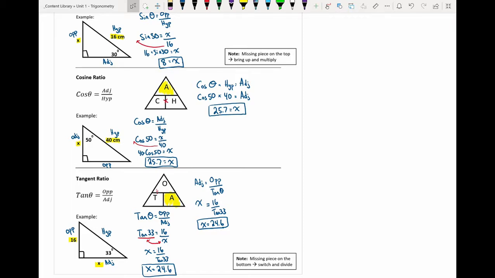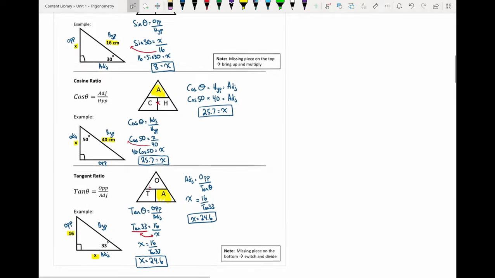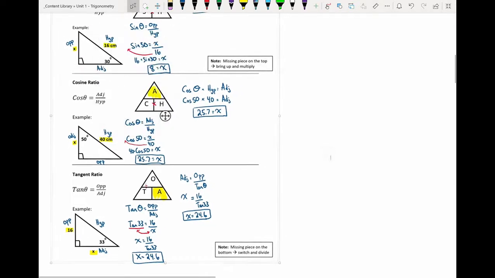The only thing that will change other than those two operations is what ratio. So whether you have sine, cos, or tan, once you figure that out, you're either doing one of two things, bringing up and multiplying, or switching and dividing. That's the nice thing about trig. Once you label it and figure out what ratio, not too many options of what you can do. Again, hopefully this was a review, but again, take the time to go back. Remember to label your triangles first